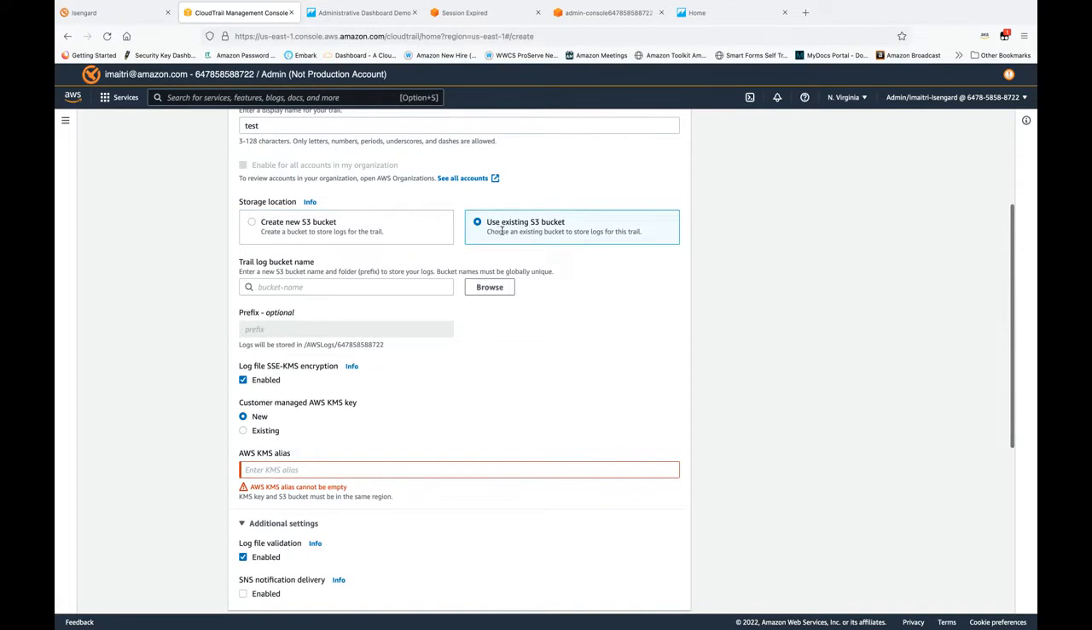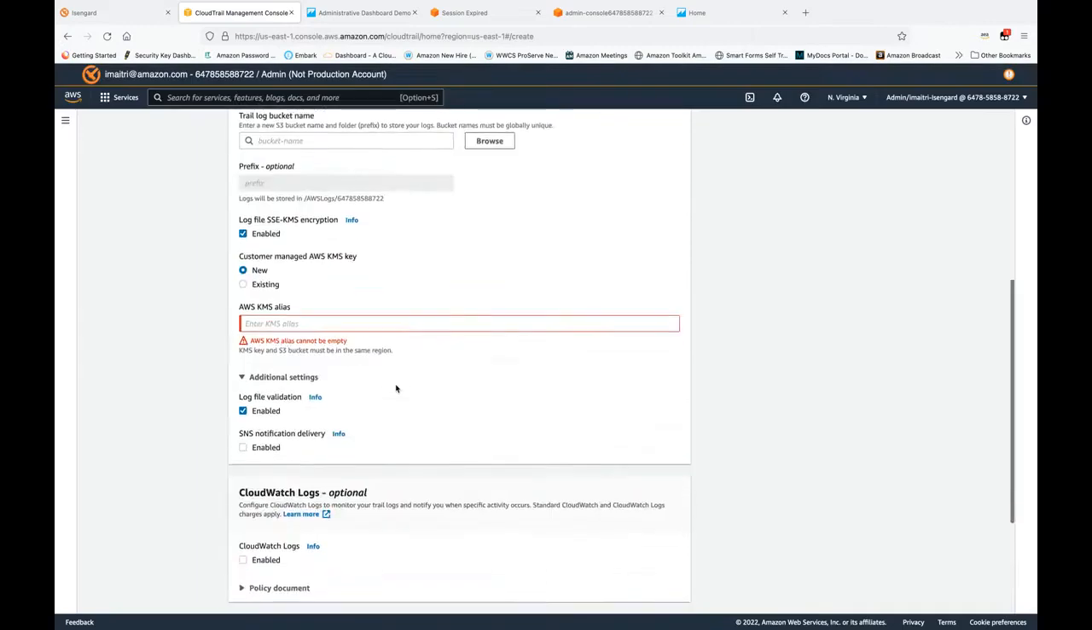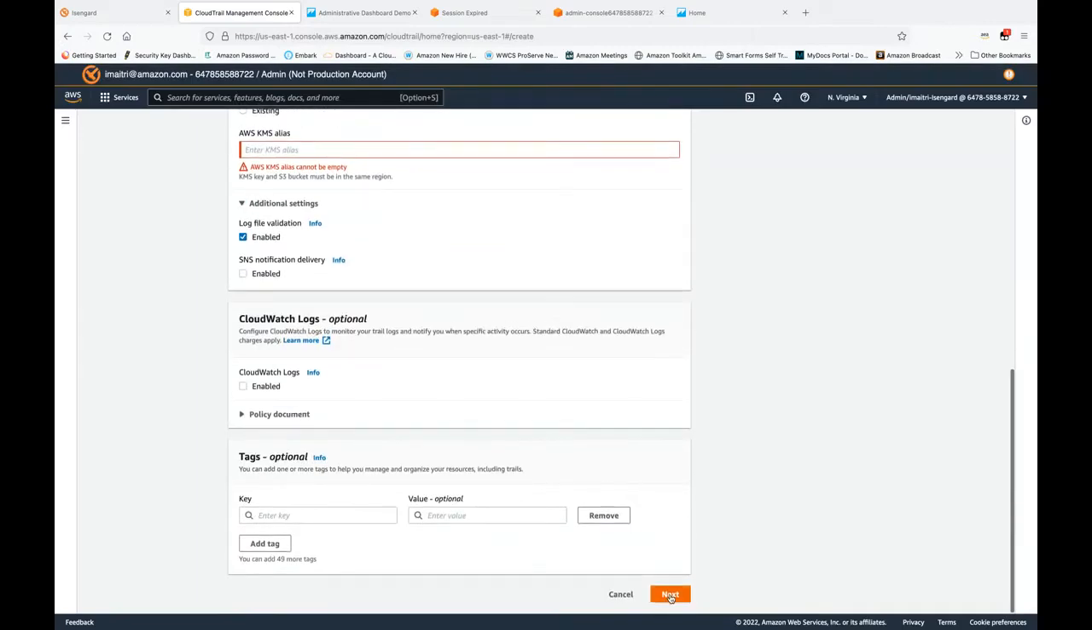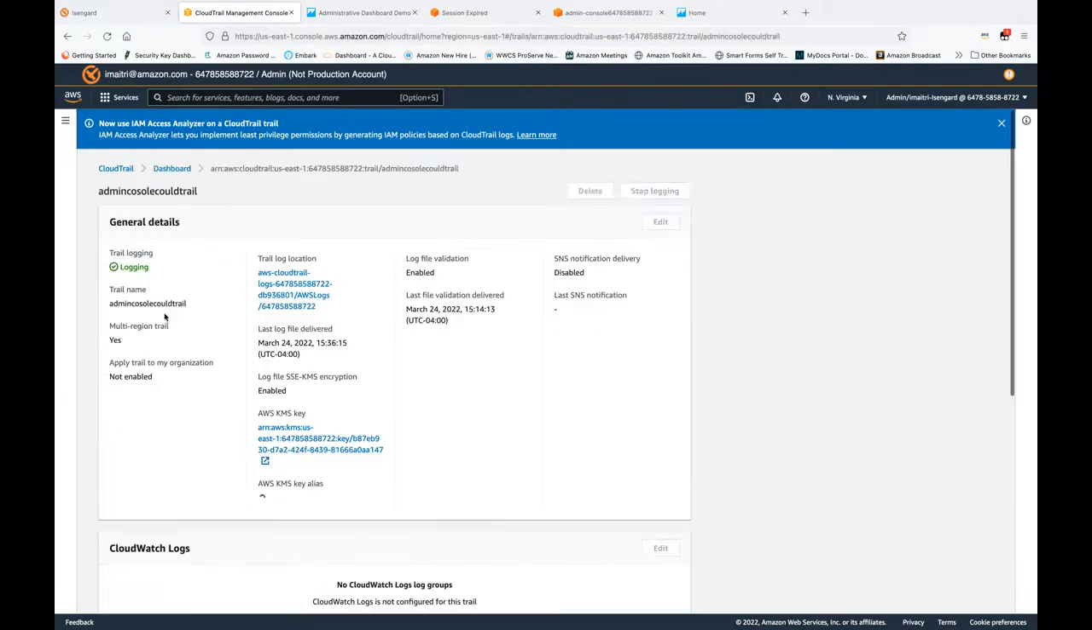You can also use the existing S3 bucket if you don't want to use the new one, and you can browse through. If you have already any bucket, you can use that one, and then hit create. For AWS KMS alias, you can also give any alias that you want. And once you have the CloudTrail created,